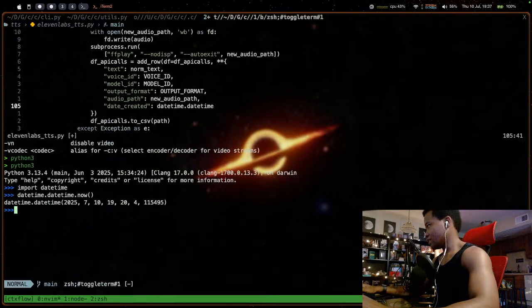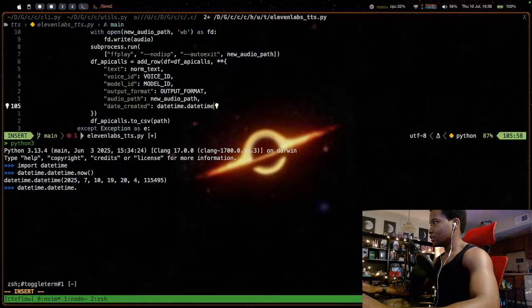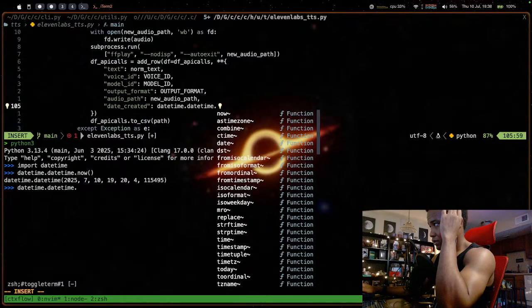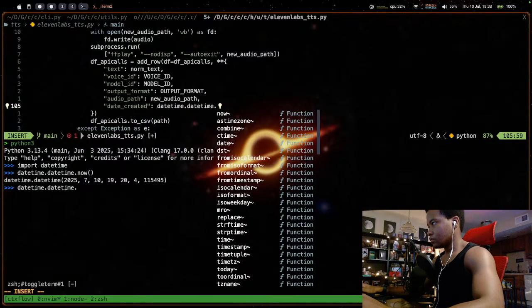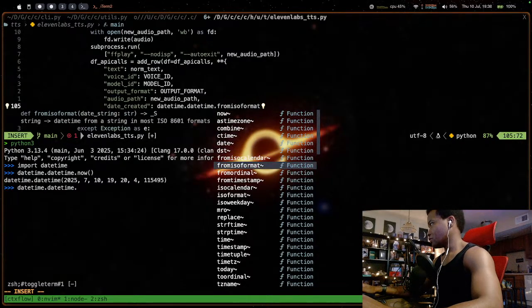Did we ever figure out the datetime situation? No, we did not. Okay, that's the last thing we need to figure out. That's the reason why. Just trying to figure out what to use. I want ISO, right? ISO is probably the way to go.